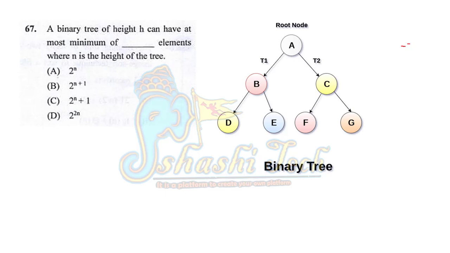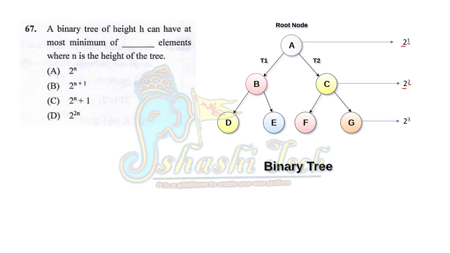binary tree like this. Here root A can be represented as 2 power 1. Here 2 means it is a binary tree, 1 means it is the height of the tree. Let us go to the next nodes, that is B and C. They can be represented as 2 power 2. Here this 2 is the binary tree, and this 2 is the height of the tree. Let us go to the next level, that is 2 power 3.